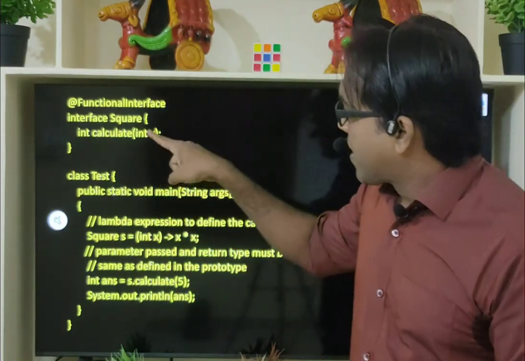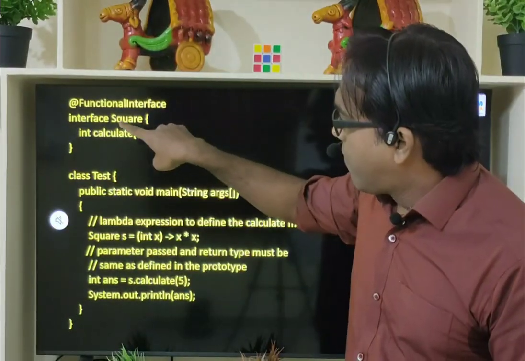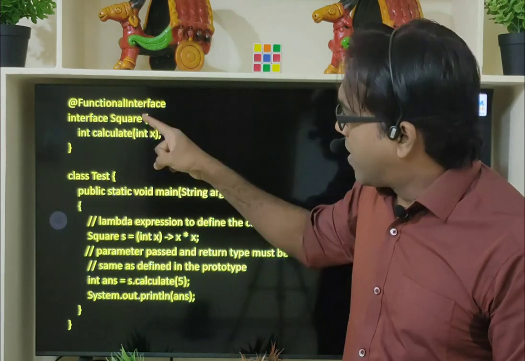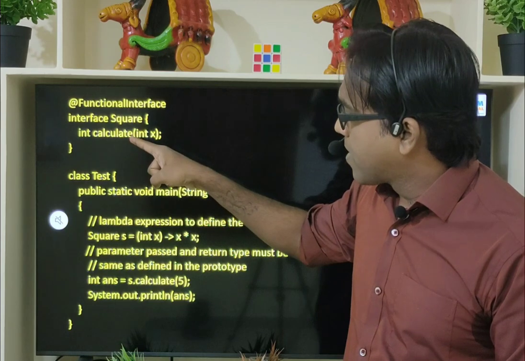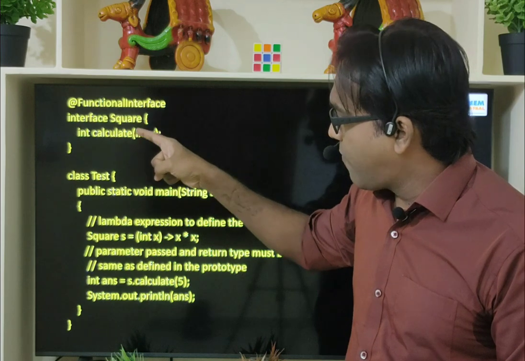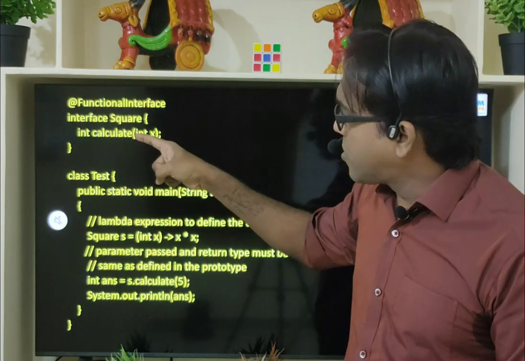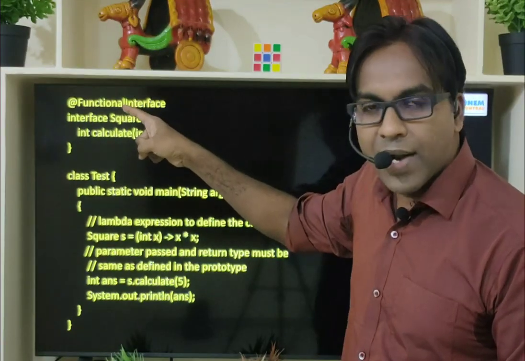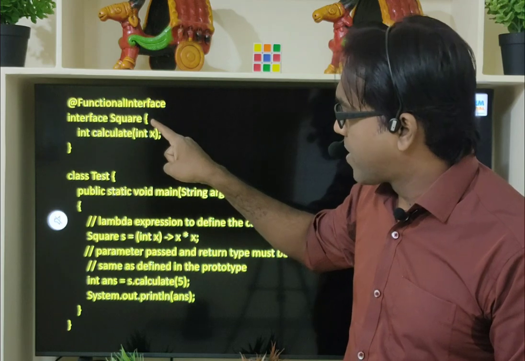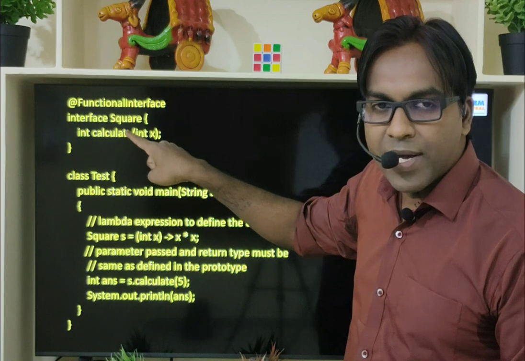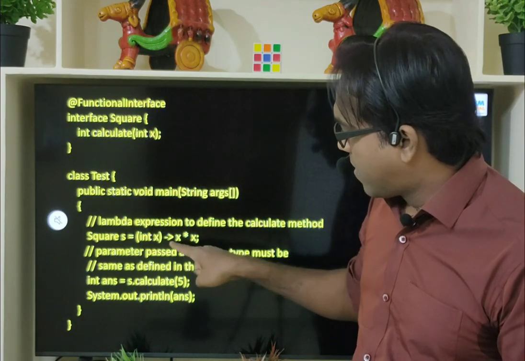Next, see the implementation of this lambda expression. Square is a functional interface. How can you know this is a functional interface? It is having only one abstract method. By this you can conclude that this Square is a functional interface. And also, this Square functional interface is annotated with the @FunctionalInterface annotation. For this abstract method, you have to provide implementation using a lambda expression.